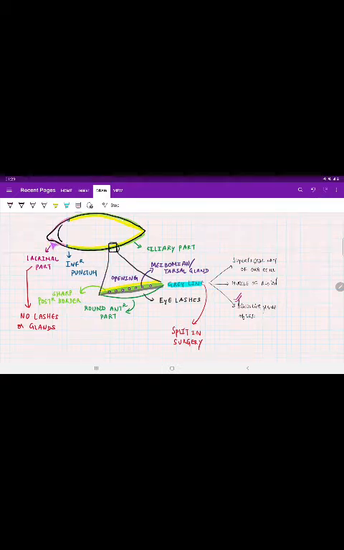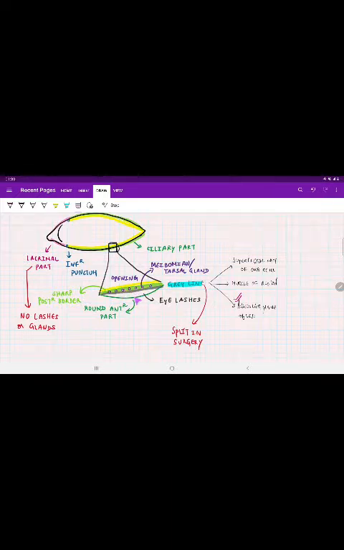Having known this, from medial to lateral, medial canthus to lateral canthus, let us now see the layers present from anterior to posterior. This yellow is the palpebral conjunctiva, and this green is the anterior part of the eyelid. The eyelid is divided into anterior strip and posterior strip by the gray line. What is the gray line? The gray line corresponds histologically to the superficial part of orbicularis oculi, the muscle of Riolan, and this line is an avascular plane of the eyelid. That's why the gray line is used for giving an incision in eyelid surgeries.